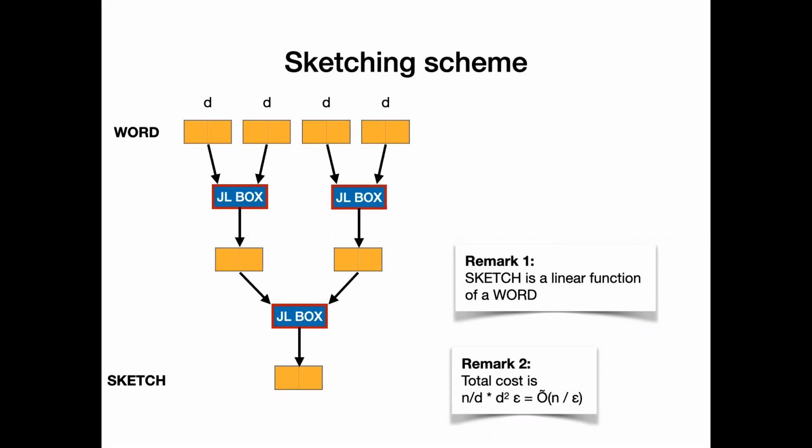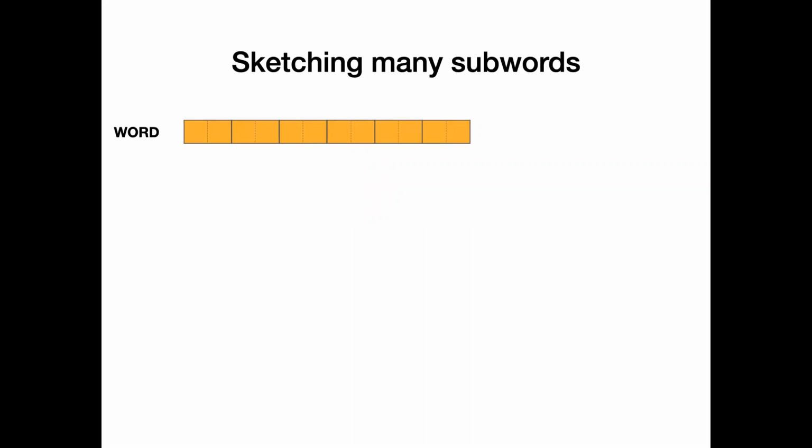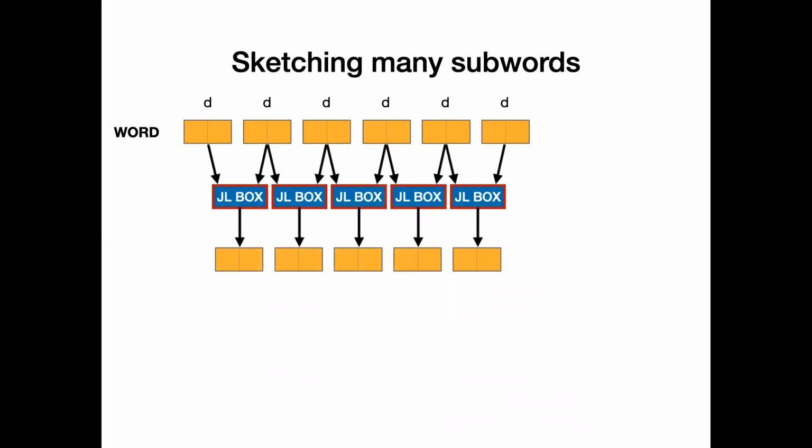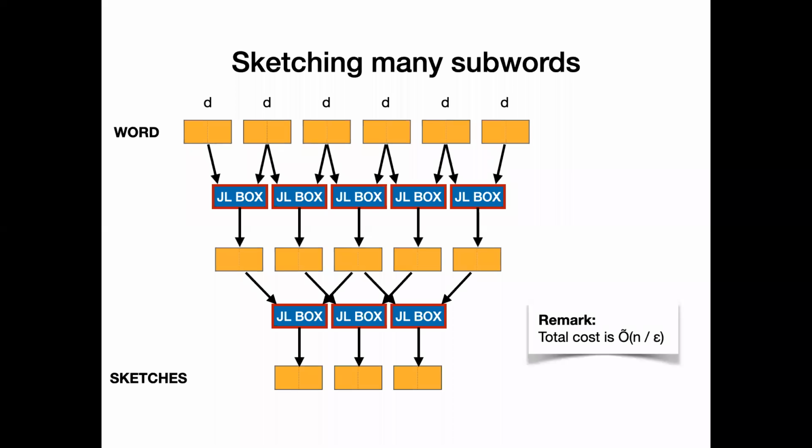And why do we do this? Why did we make our life harder, not easier than originally? Because we can now do the same, but for every substring of our input. If we have a longer word, we can once again chop it into pieces, and then for every jump of length 1, we apply the same black box. And then for every jump of length 2, we apply the same black box. And then for every jump of length 4 and length 8 and so on. So we can now compute the same sketch for every subword